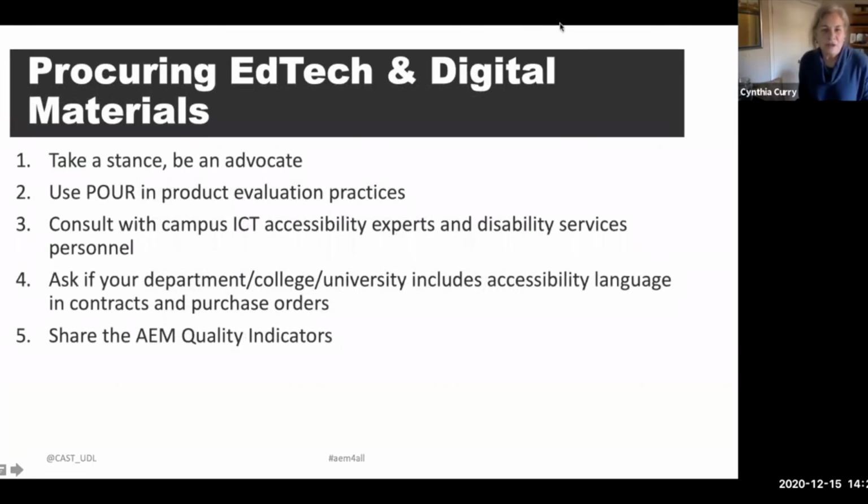When it comes to procuring, oftentimes the decisions around procurement are coming from the systems level. And of course, others who are working closer to the students are also making these decisions. So everybody needs to have the shared understanding that we're going to purchase accessible, that there's that stance. Because again, going back to the question, well, what should we purchase? What's the most important purchase that needs to be accessible? As we've demonstrated, if anything is purchased within the system that's not accessible, you're leaving a student vulnerable to barriers. So taking that as a stance to be an advocate for accessibility is really the first step.